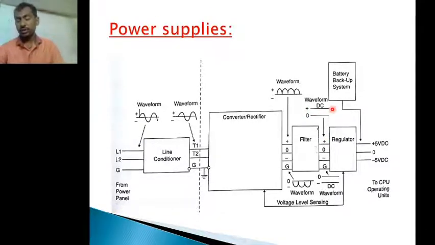Now we have converted the AC to DC, and the DC is purified, but the voltage level we may not know. The requirement of the voltage is only 5 volts, so that can be regulated by using the regulator. First the AC voltage is converted to DC by the rectifier circuit, which consists of some ripples. Those ripples are eliminated by the filters, but that voltage may or may not be suitable for the CPU, so we regulate that voltage by using the regulator circuit. So this is the power supply block.